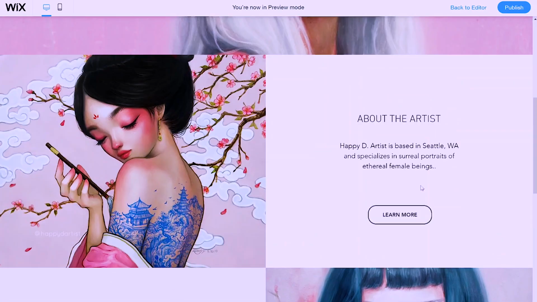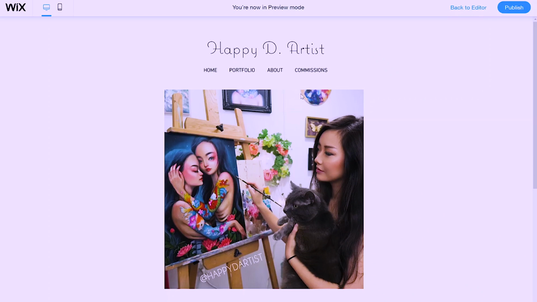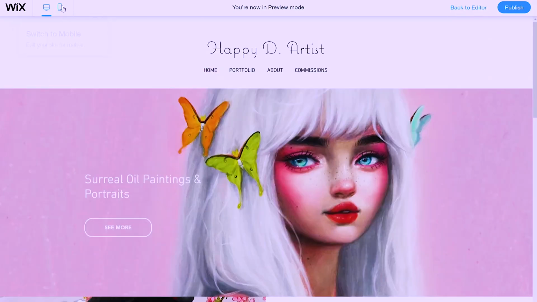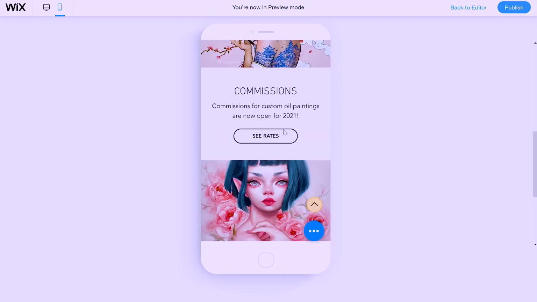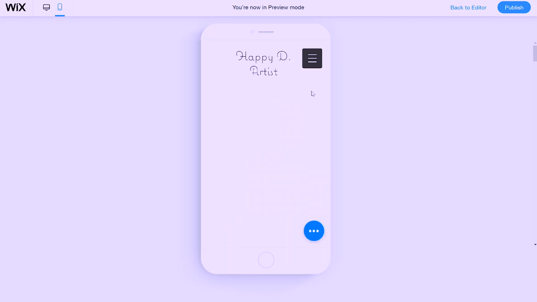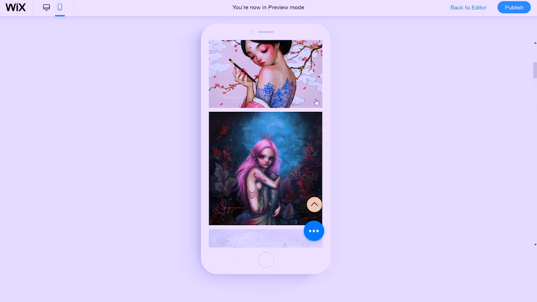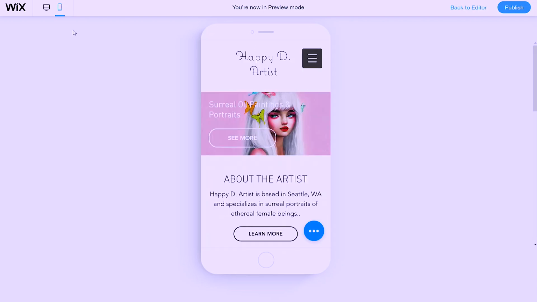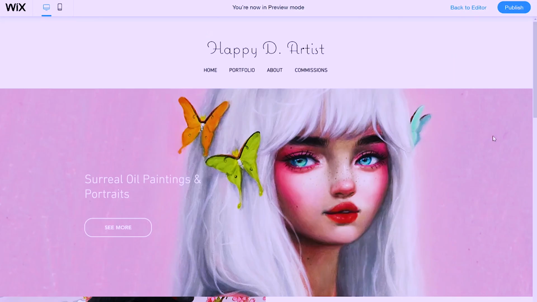After polishing up these last few bits, it's now time for the final look at our finished website. I make sure to not only test out both the desktop and mobile previews, but also I want to click around, click all the links, scroll through all the pages, and just make sure that every single little corner looks and behaves the way that I want it to before I decide to publish my site. And after I'm done previewing, I can now publish my website.